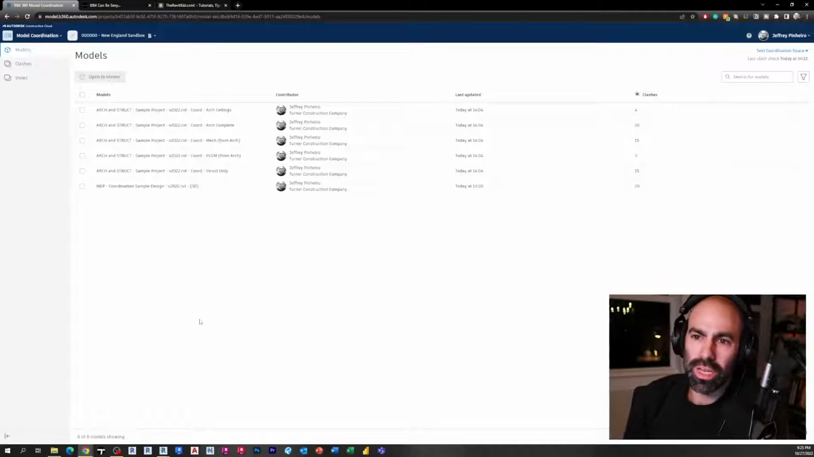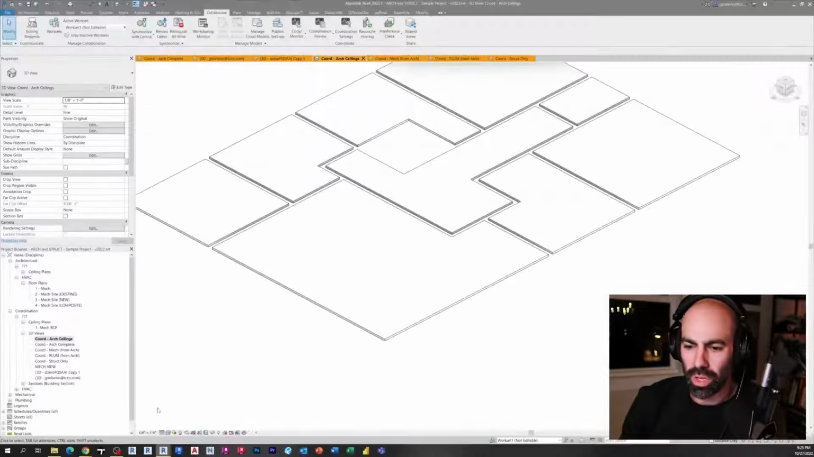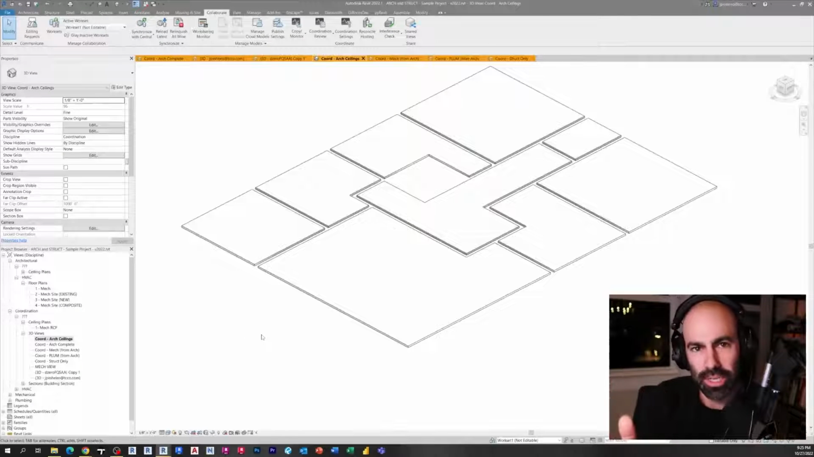So what you'll notice is that when I'm in model coordination, it says models on the top here. But you'll notice what it's showing is my views. See, it says struct only, plumb, mech, arc, etc. So what you want to think of when you set up a project this way, and when you're using model coordination, especially within Revit, is, and this doesn't have to be this way,